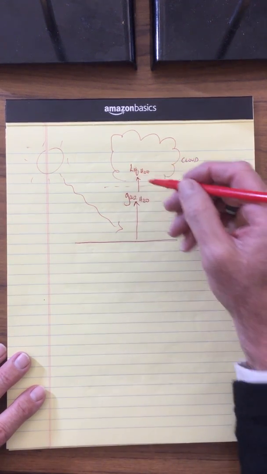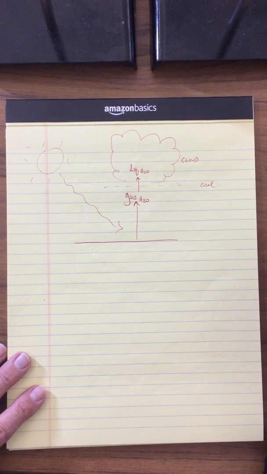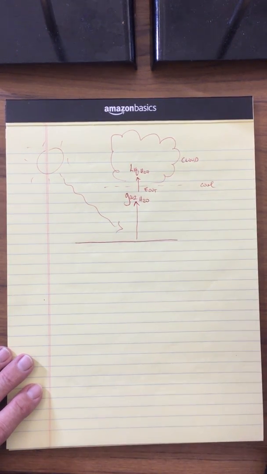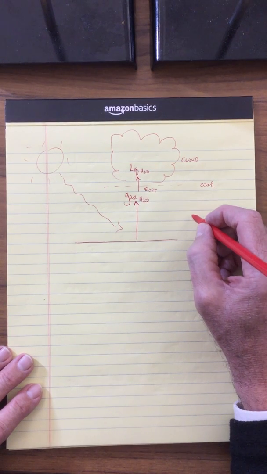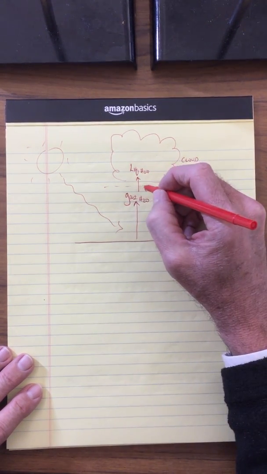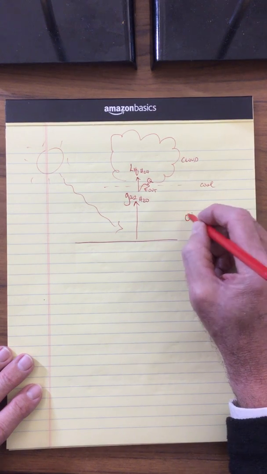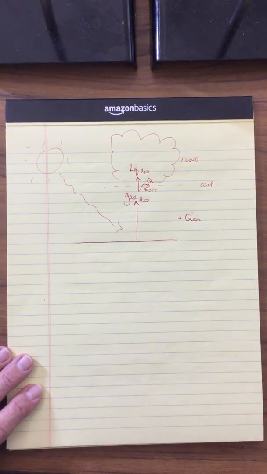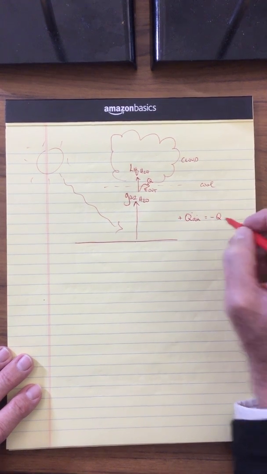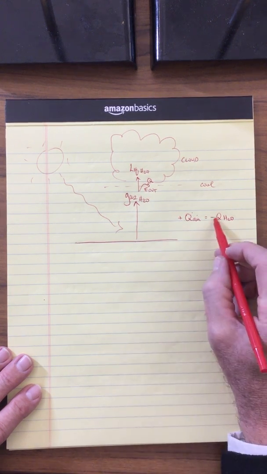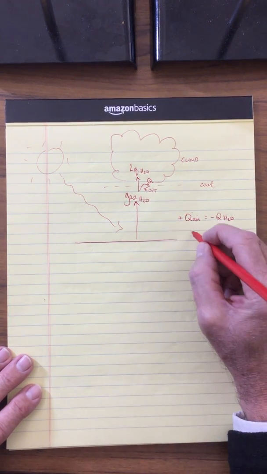Well, it's coming out of the gas particle. Where is that energy going? The energy that's coming out goes into the air. So we have the heat being lost into the air. So we have a positive Q for the air, and we have a negative Q from the water because it's going from gas to liquid. This is losing the heat, this is gaining the heat. So because we're heating the air,